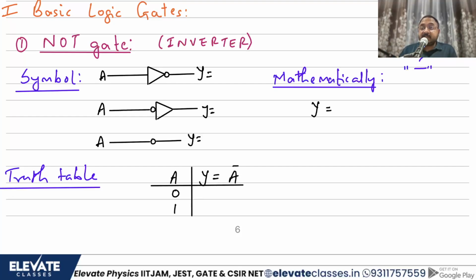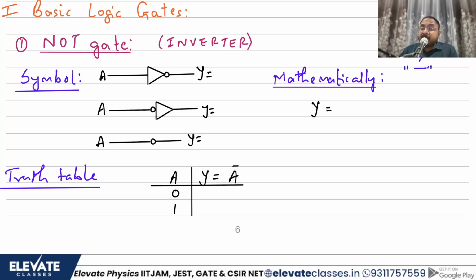What is the symbol of this NOT gate? Again, as I told you in the previous video, we don't know what a logic gate is made of as of now. Just to give you a small clue, these days we use ICs. What the ICs use inside, we don't know. Integrated chips, ICs, you can call them black boxes. So you have a NOT gate IC, what is inside, we don't know. But how is it represented in a textbook? You'll have a symbol like this. There's a triangle and a bubble with it. So this is the basic symbol of a NOT gate.